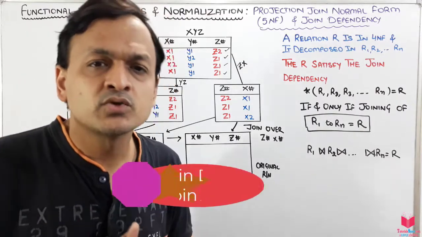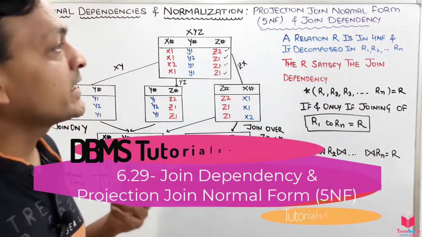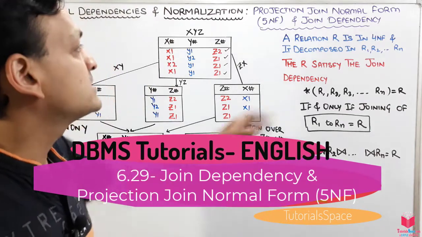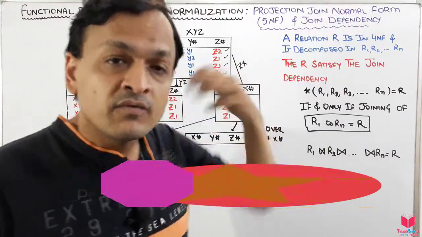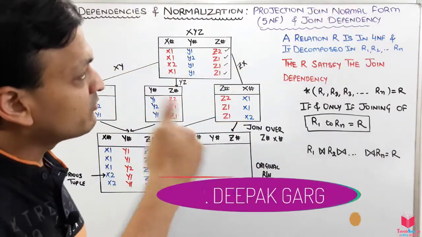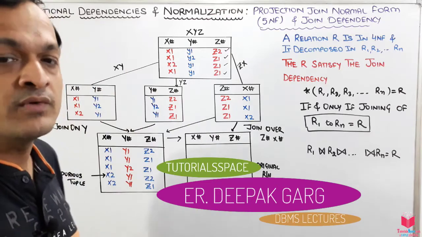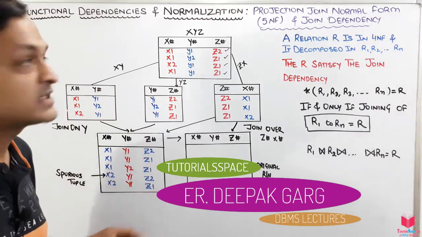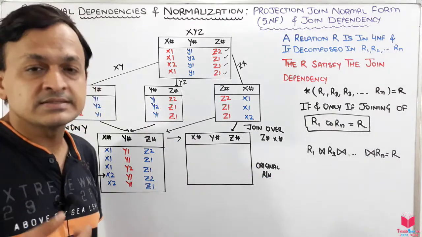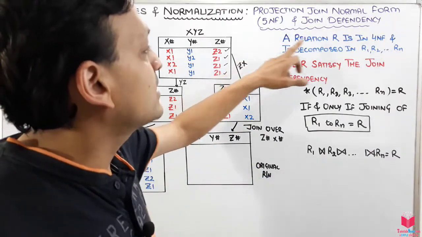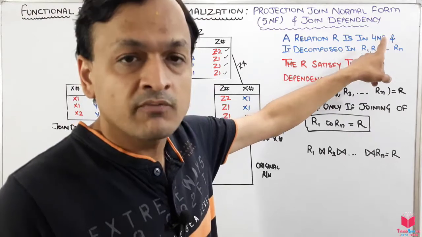Hello guys, today we will discuss projection join normal form. It is also known as 5NF, and side by side we will also discuss the join dependency. What exactly is join dependency? First of all we will discuss this, then after that we will discuss the fifth normal form, that is projection join normal form. So join dependency says that if we have a relation R in fourth normal form